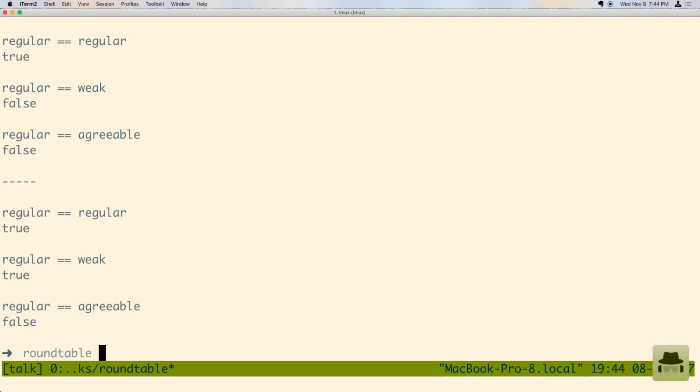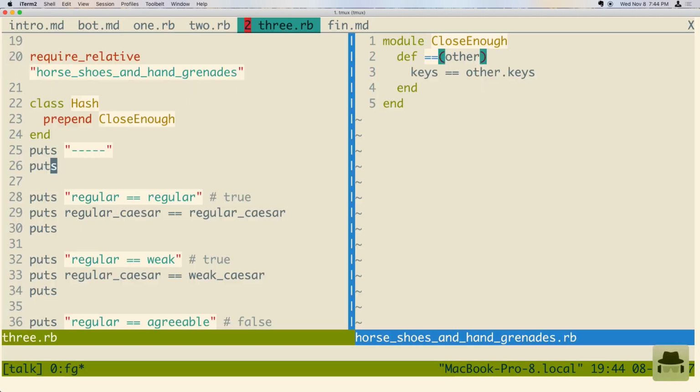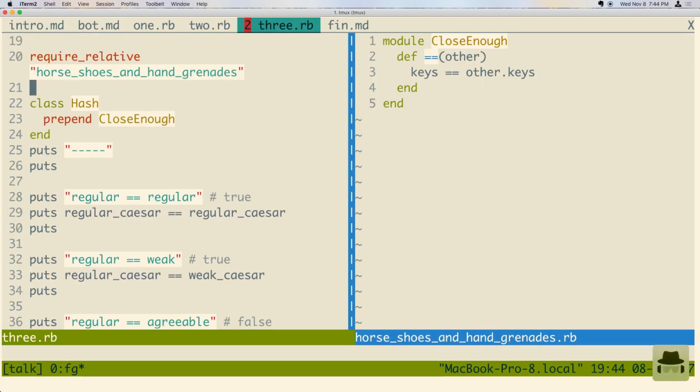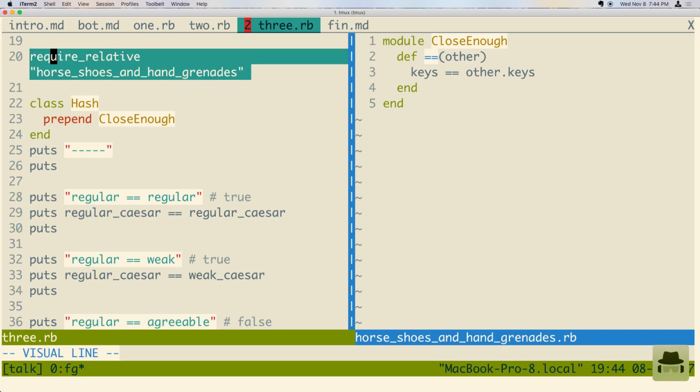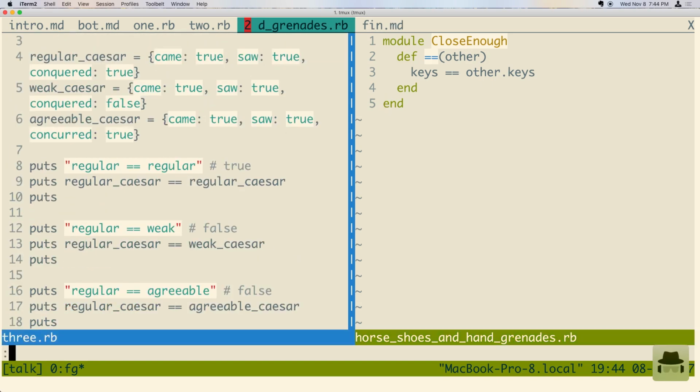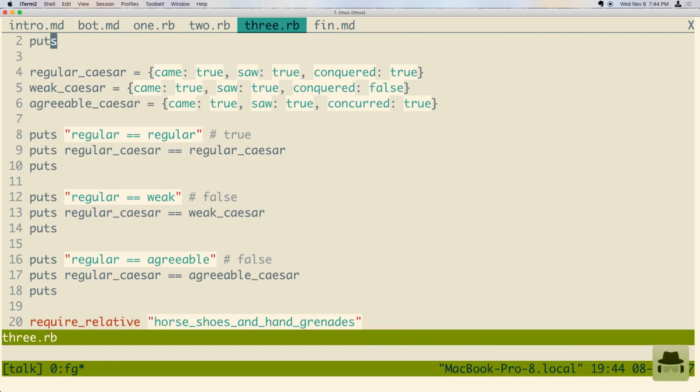So now we have true, true, and false, where we previously had true, false, and false. So we've made this change. So we knew that this module was available, but we wouldn't know it from the name of the library. So in this final example, let's take a look at